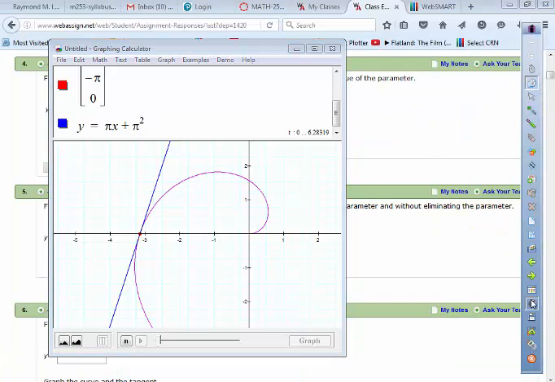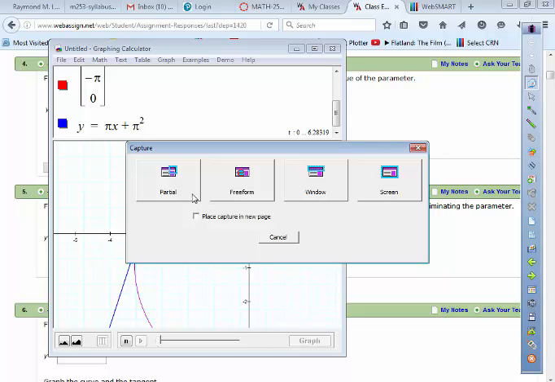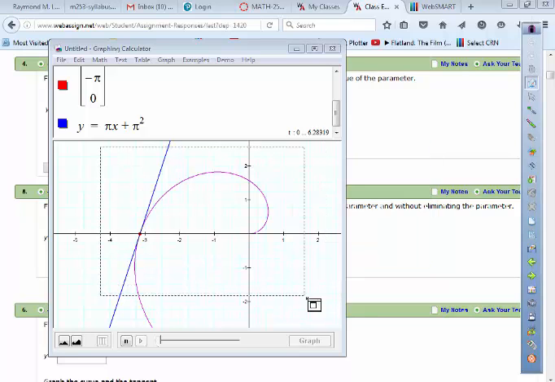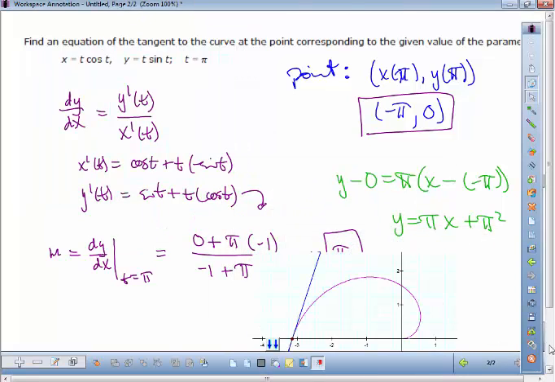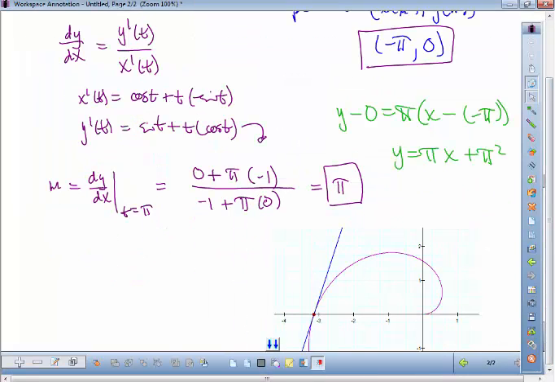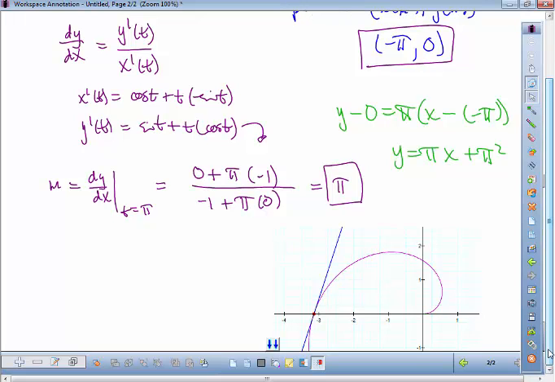So that's what we're going to do. We'll look at it, take a picture, put it in our notes, appreciate it, and let's move on. Any questions? Okay,